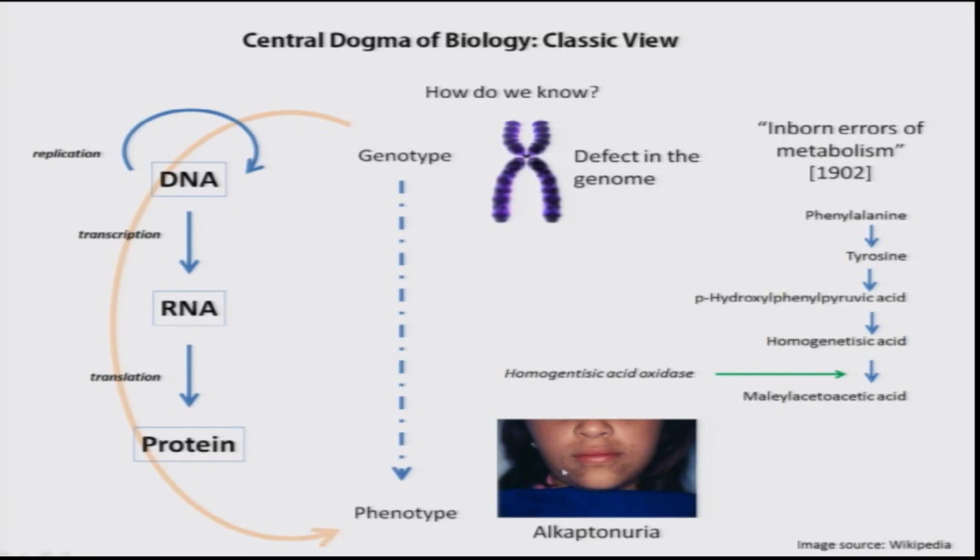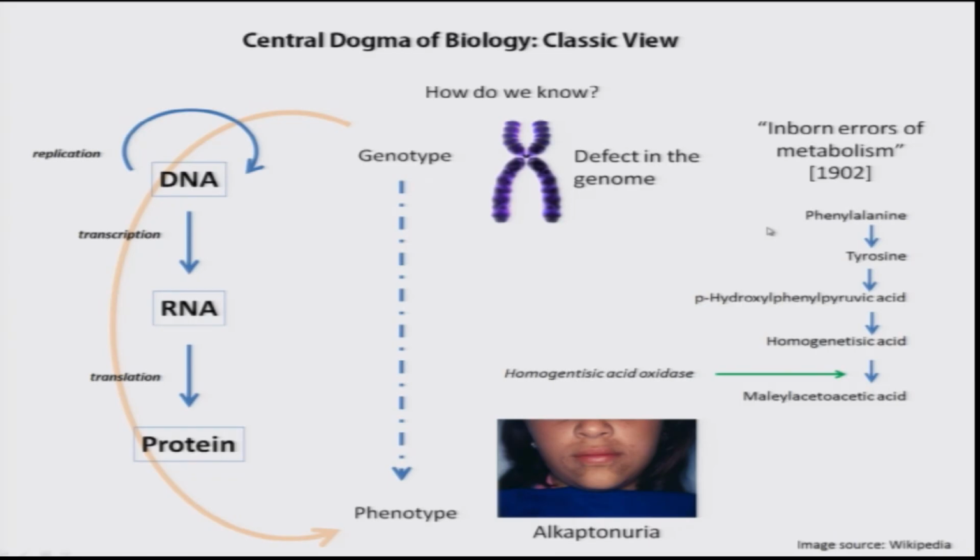One way this could be diagnosed is to expose the urine to air, which causes a reaction leading to a kind of coloration, and that happens because of a particular metabolite being in higher concentration. Now what we know is that in a normal pathway, the amino acids taken from your food enter your blood circulation, and these amino acids are the building blocks. They are used by various types of cells to form proteins, and it's not that all the amino acids are used up. So for example, phenylalanine, when you get it in a higher concentration, not all of it is used,